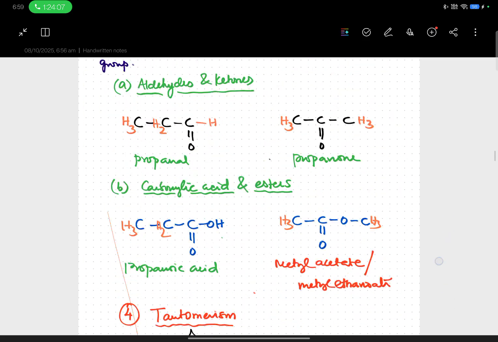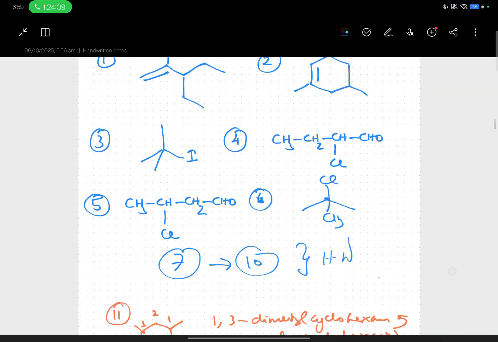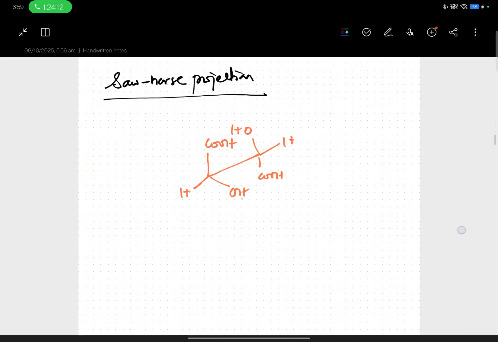So in today's session we started with various types of projections, and then we went into